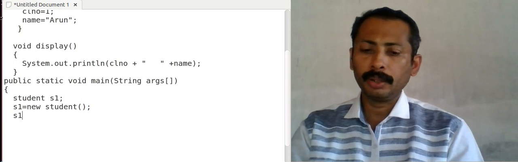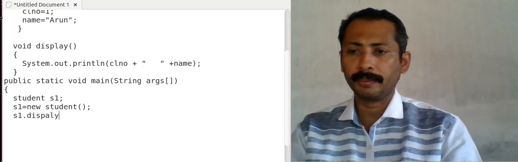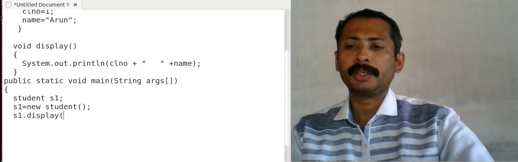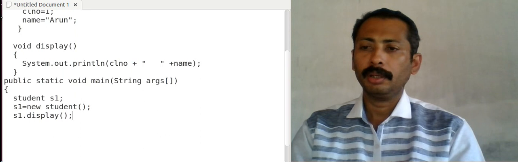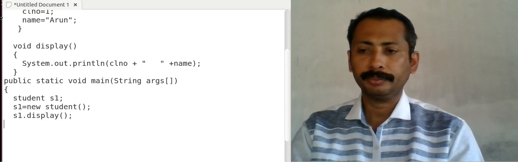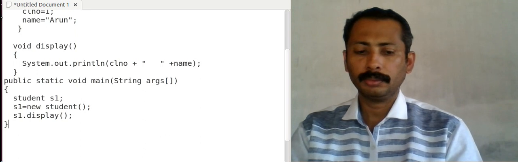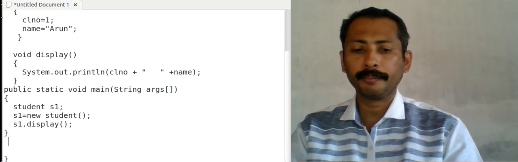Now I can use the dot operator for calling the function display. So s1 dot display can be used for calling the function. Okay, so this is our program.